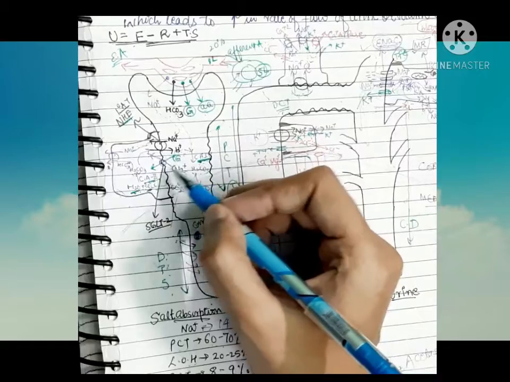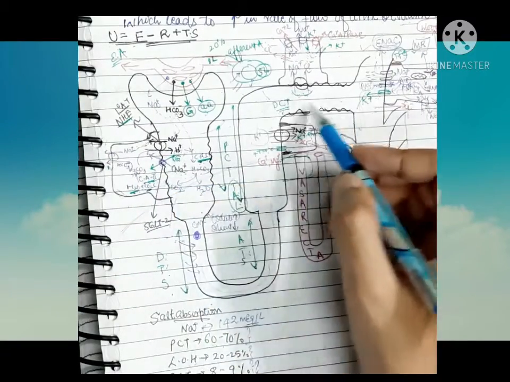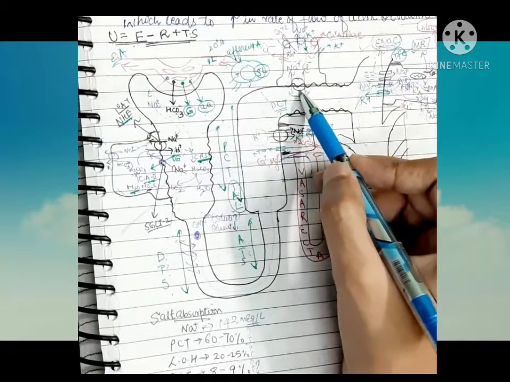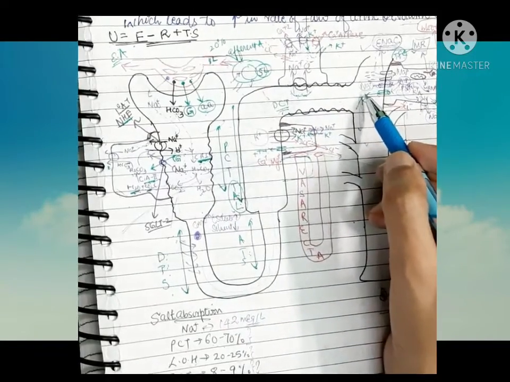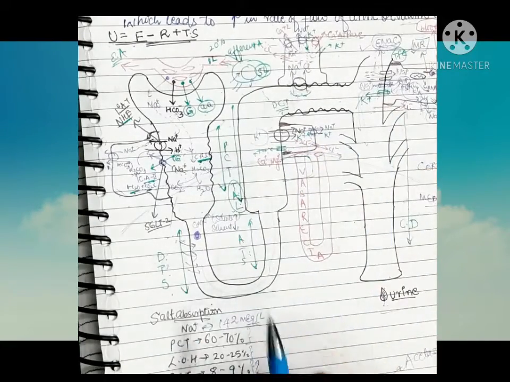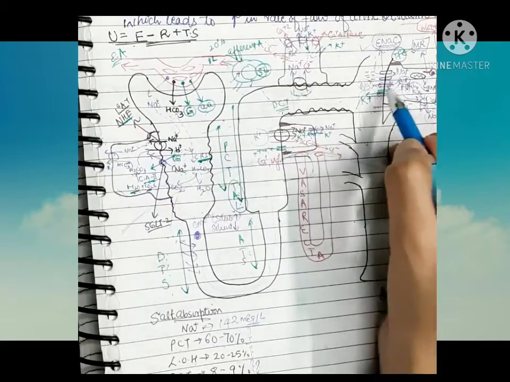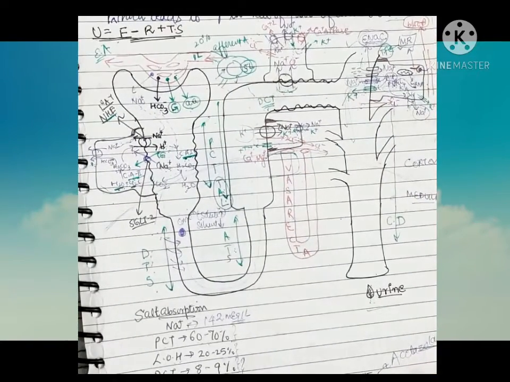And whether it is a carbonic anhydrase inhibitor, or a sodium chloride co-transporter inhibitor, that is thiazide diuretics, any diuretic except the potassium sparing diuretic will lead to hypokalemia. Why does the potassium sparing diuretic not lead to hypokalemia? Let us understand.